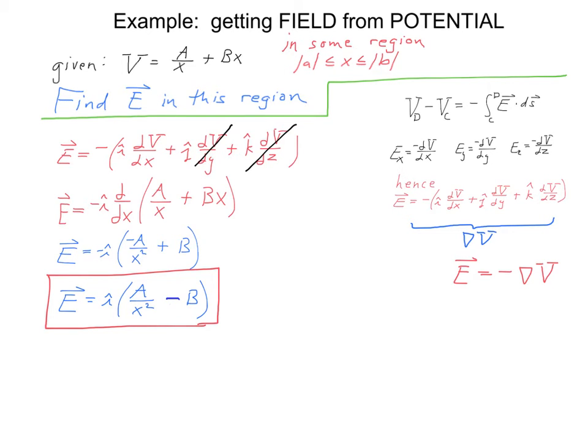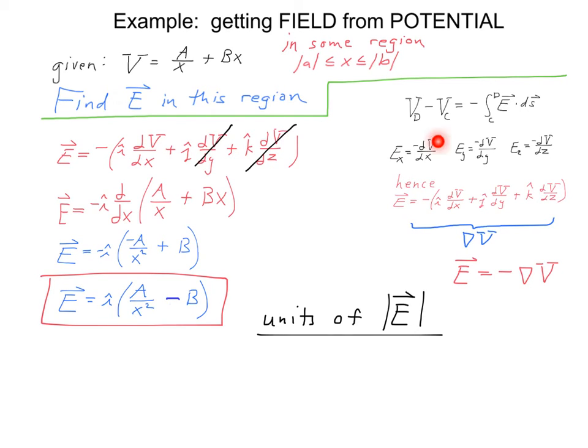I'd like to wrap up with some brief comments on the relationship between the units of the electric potential and the electric field. The fact that we have an integral derivative relationship between electric potential and electric field means we've got a relationship between the units. So maybe it's simplest to look right here. The units of electric field are going to have to be the units of electric potential divided by the units for length. This tells us that the units of electric field can be expressed in the units of volts per